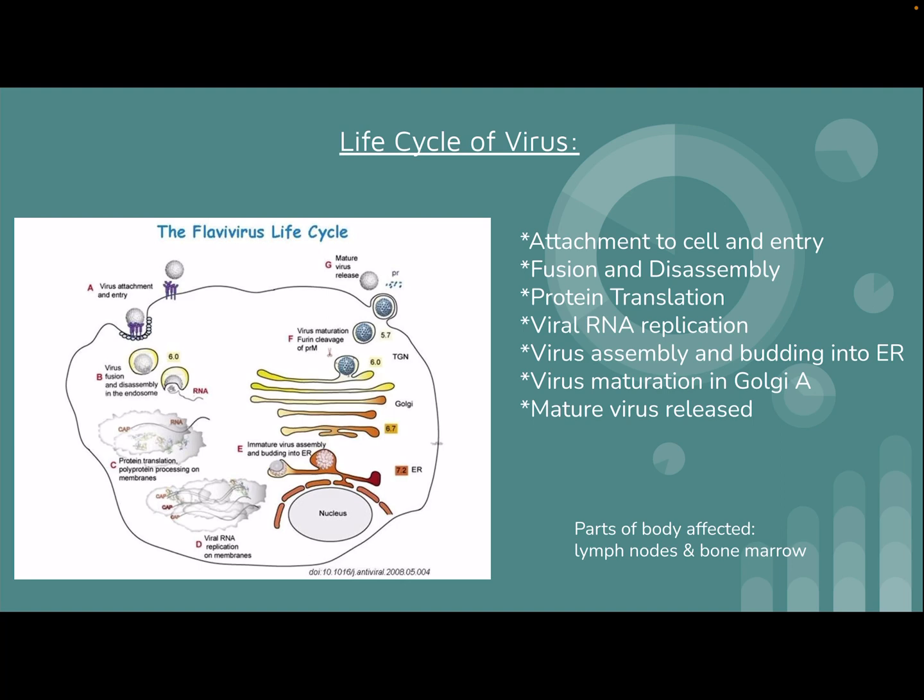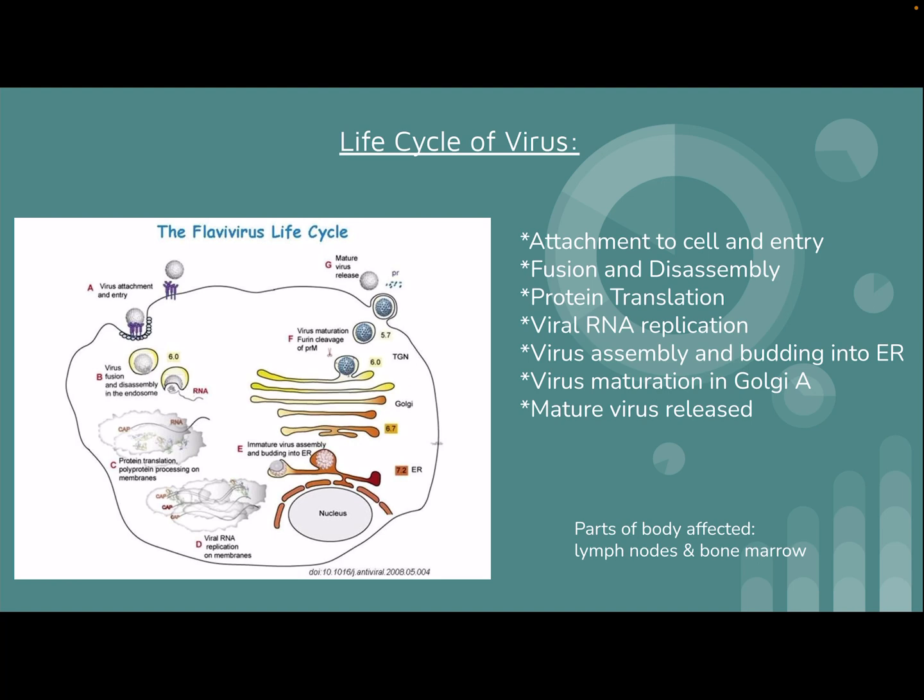Virus attaches and enters the cell by receptor-mediated endocytosis. Viral fusion and disassembly happens in the endosomes, and this is induced by the low pH of the endosomes. Protein translation happens in the cytoplasm, RNA replication on the membranes. The immature virus assembles and buds into the ER, and the ER is responsible for the host-derived lipid envelope. The virus moves to the Golgi apparatus, where it depends on the pH environment to mature, and once it matures,